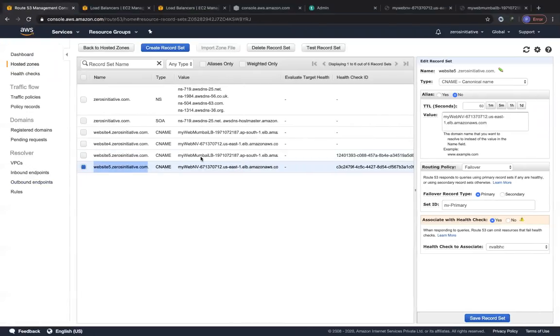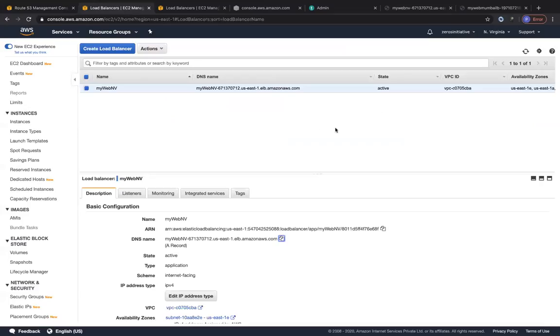So how many other times you do this, it's only going to redirect all of your traffic to Northern Virginia, because Northern Virginia is your primary. No one can fight with that. But then if suppose Northern Virginia goes down, then all of your traffic would be sent to Mumbai. So let's test that theory out.